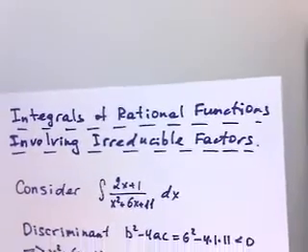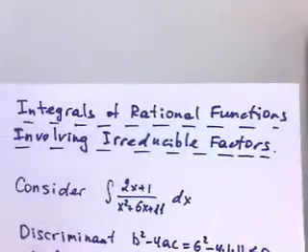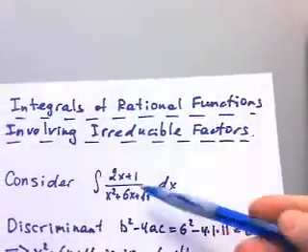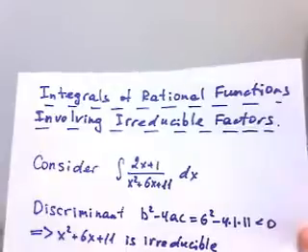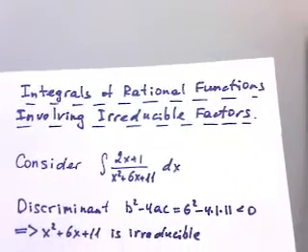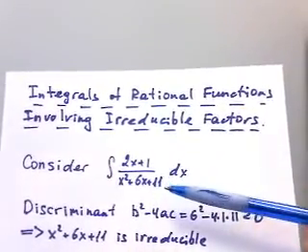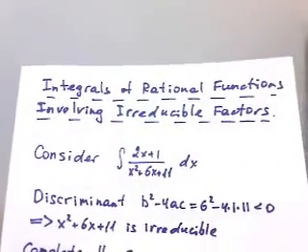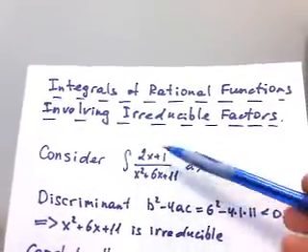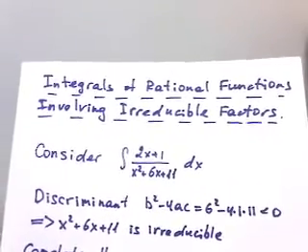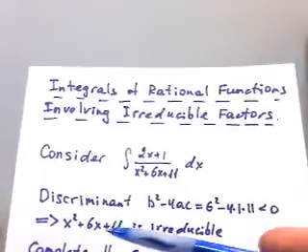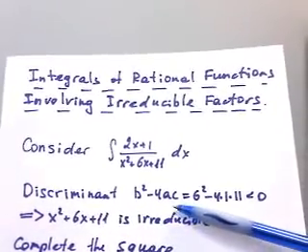In this example, we consider an integral containing rational functions with irreducible factors in the denominator. So consider this example, integral of 2x plus 1 over x squared plus 6x plus 11 dx. The first thing you need to check in such examples is whether the denominator can be factored or not. If it is not obviously factorable, then we need to check the discriminant, b squared minus 4ac, which in